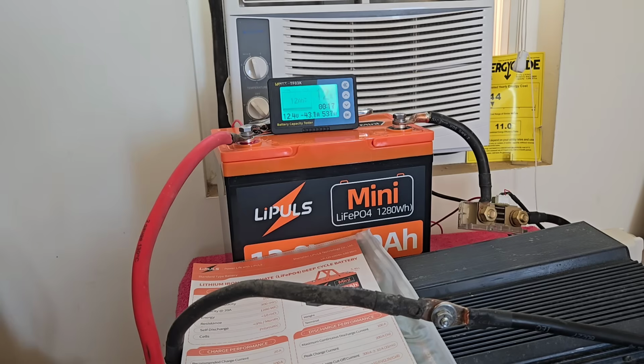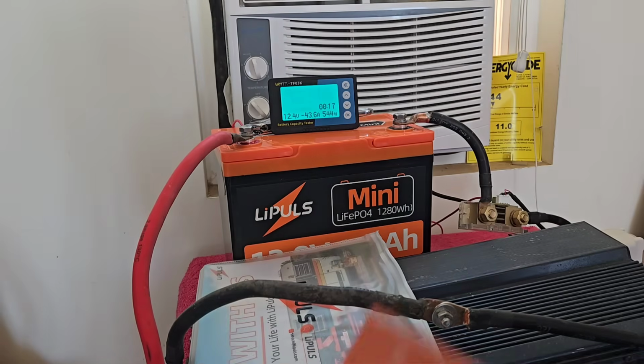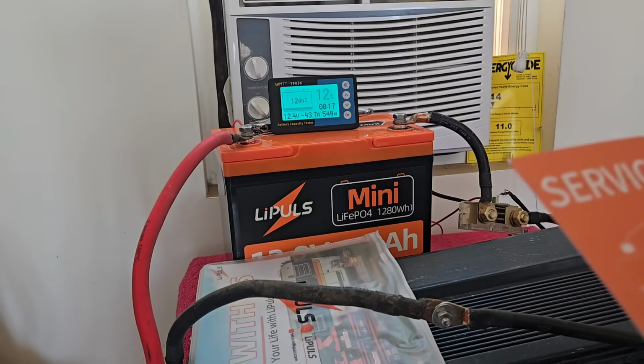It seems to be dropping pretty quickly now. We're down to 12%. And we only got 12.4 volts left in the battery. So yeah, it's really going down. And I'll be recharging this battery when this is all done. So in the meantime,